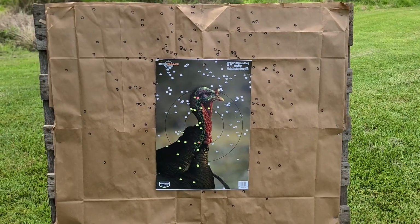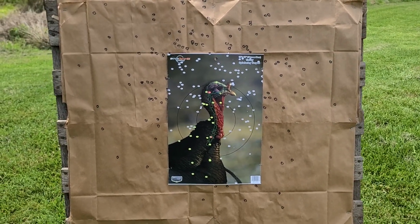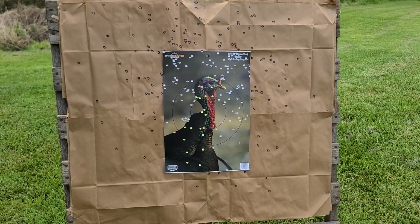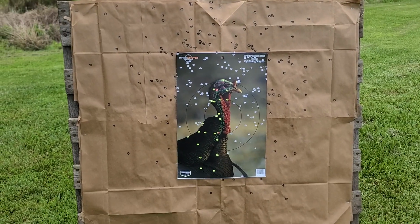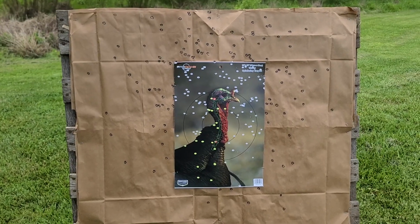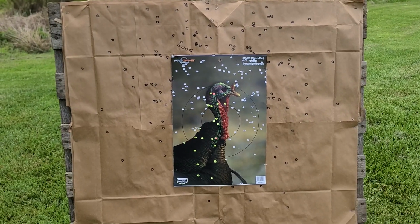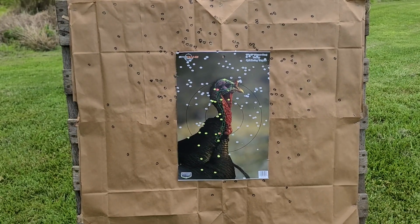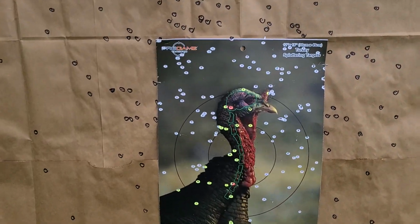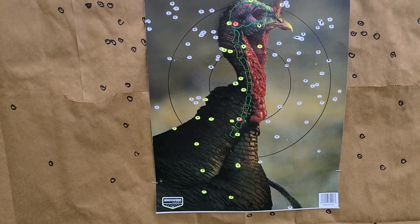This is about what we've seen from these Grand Slam shells. Yes, they'll take you a turkey, but at the same price, when you can get a box of Longbeards for 25 bucks just like these, why would you ever go with the Grand Slams over the Longbeards? Maybe it's just my setups or what I've tested them through, but these shells just have not really seemed to perform all that great so far. They'll take you a turkey, but they're not anything that I would ever want to run in my setup. But yes, you've got 1.5 in the brain there and 1, maybe 2 touching the spine down here, but